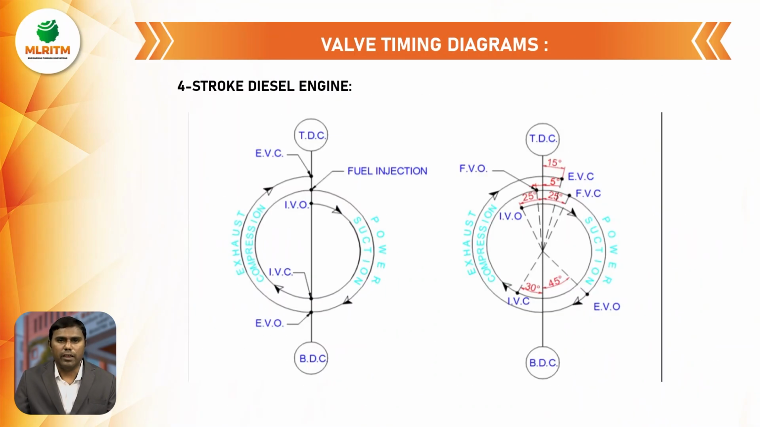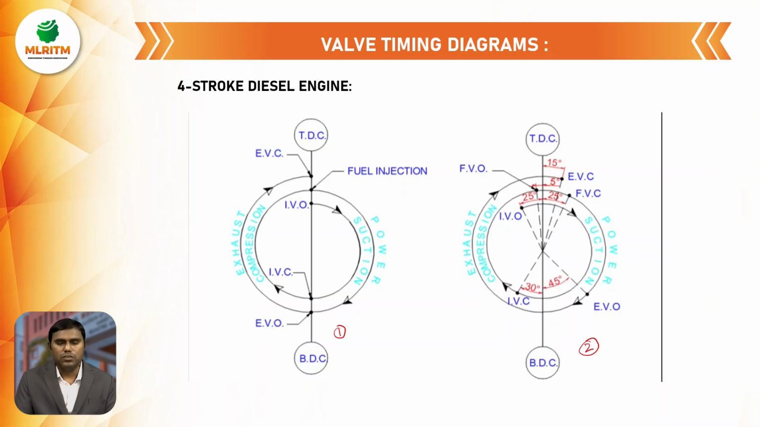Next, valve timing diagram. A valve timing diagram is generally used to identify the opening and closing of valves in four-stroke engines, whereas in two-stroke engines, we analyze the opening and closing of ports. The first one is a theoretical valve timing diagram, and the second one is an actual valve timing diagram of a